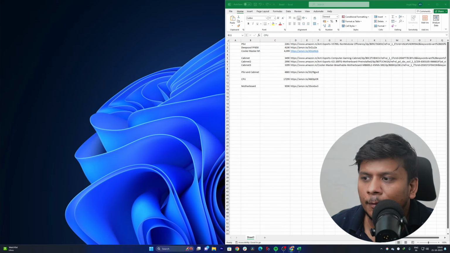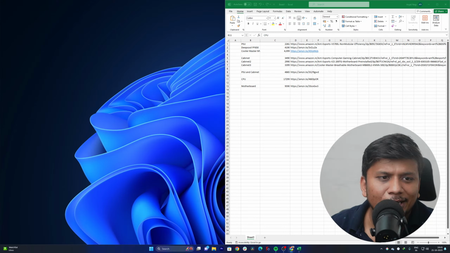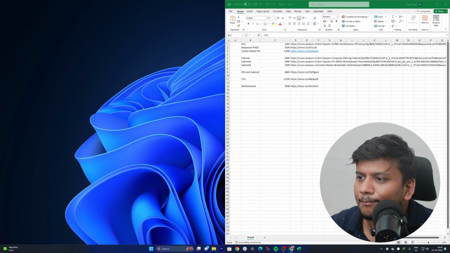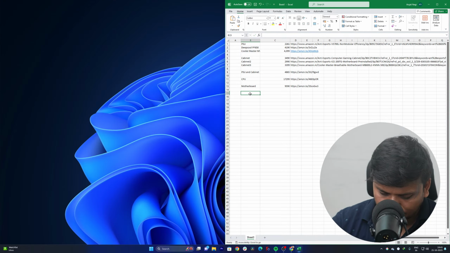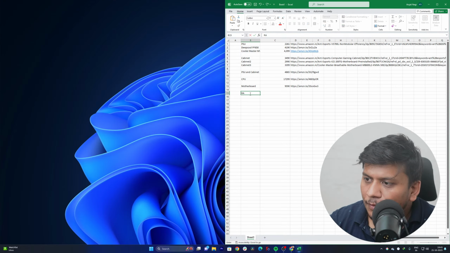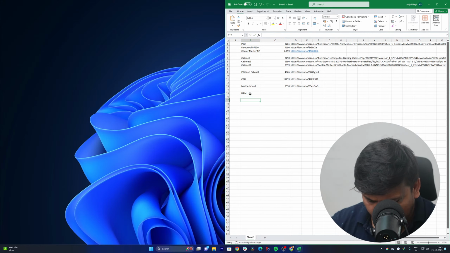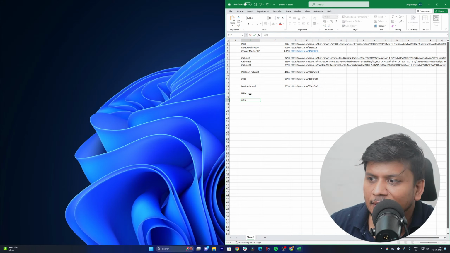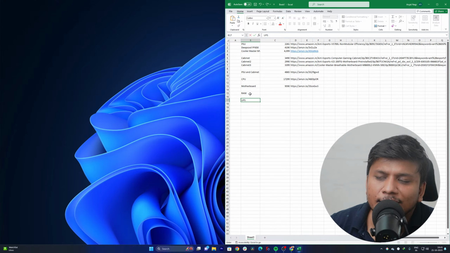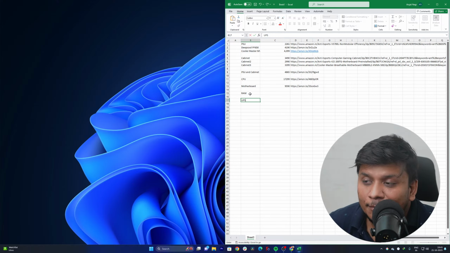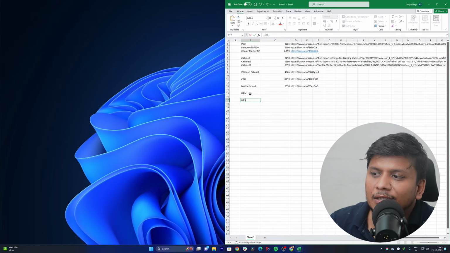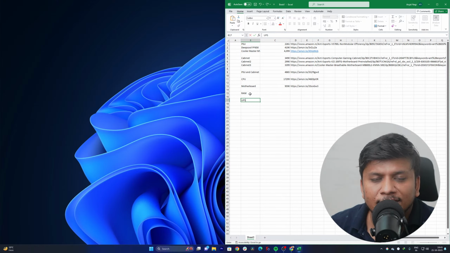Now, what is left actually? Okay, RAM. So we will talk about RAM, and then we will also talk about one important thing. If in your neighborhood you see frequent power cuts, then I'm going to recommend a good UPS as well. Okay, coming to RAM,